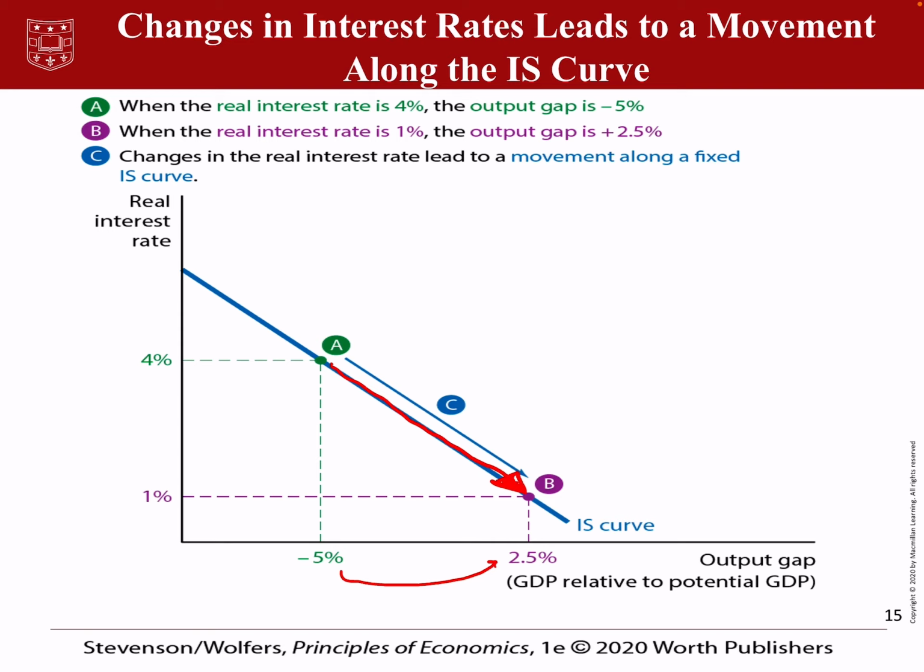And why does this happen? Well, again, a decrease in R leads to an increase in C, I, net exports, and possibly G. And that increase in aggregate expenditure is going to lead to a higher level of production, and that is going to lead to a more positive output gap,